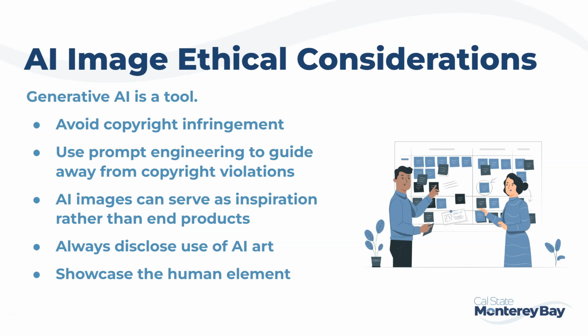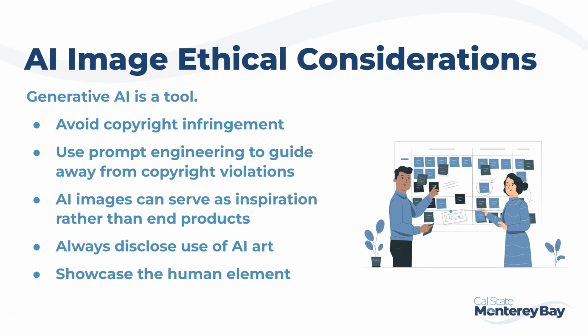So in this particular case, we have someone who created a children's book that was illustrated with AI images. The AI images in this case could not be protected, but the writing that the author produced themselves could be protected, as that was, again, created by a human. So as we discussed in the previous slide, you can engineer your prompts to guide that AI tool away from copyright infringement, say by invoking the style of an artist in the public domain, things like that.